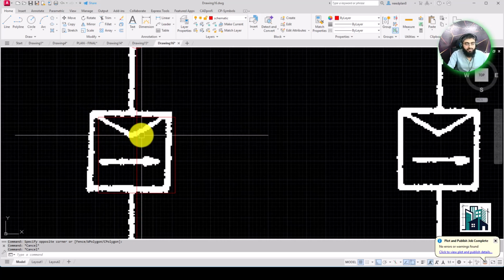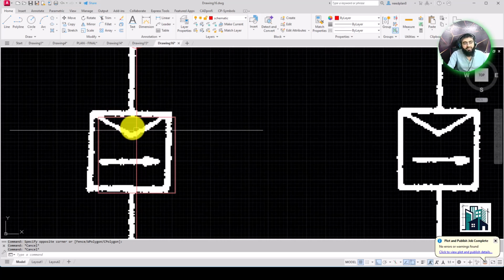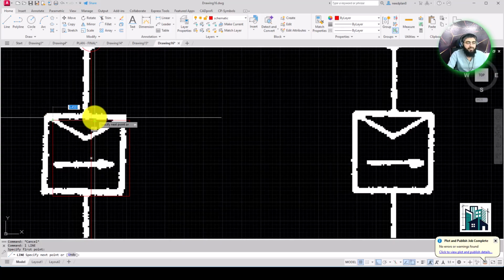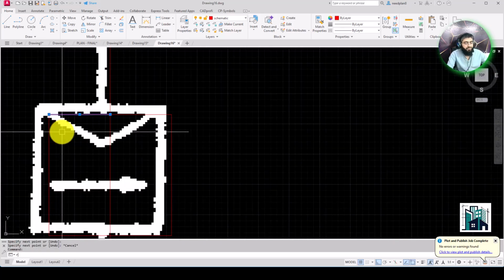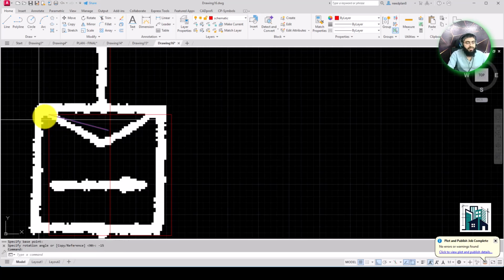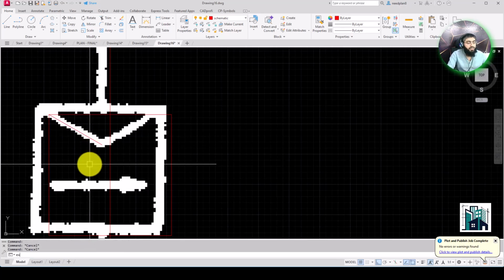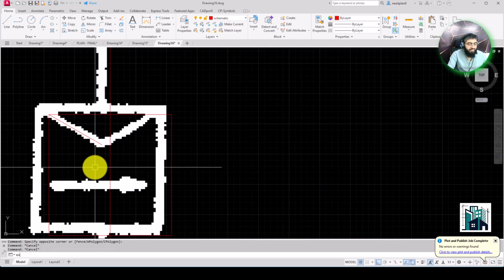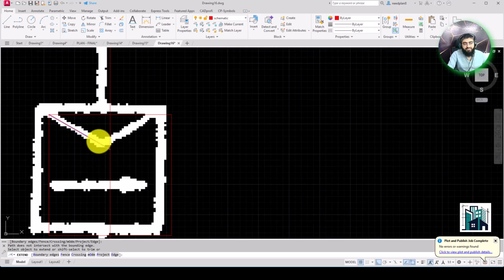So now I'm going to make these lines. Click on this point and then here, and then rotate this approximately 15 degrees, and again 15 degrees, which means you have rotated 30 degrees. So I'm going to extend this line to this line. EX, enter, and then enter. You can extend this line.